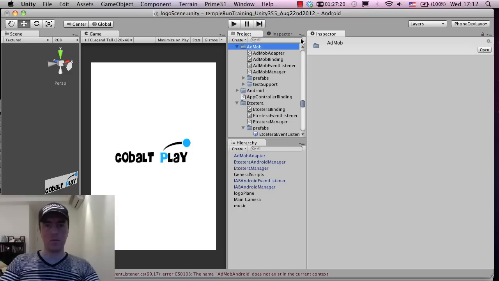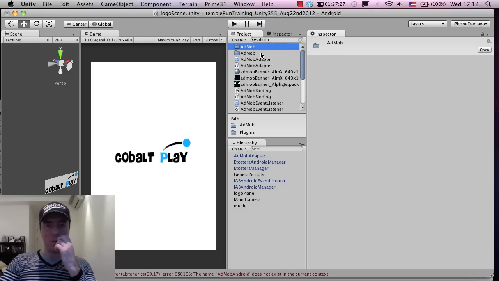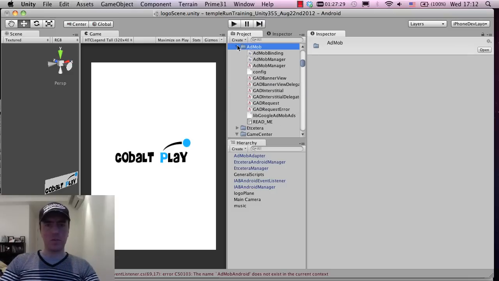I think these are the iPhone AdMob files. AdMob adapter, yeah, because AdMob. These should all be iPhone, because on Prime 31 the Android AdMob is called AdMob Android. The only other one that I do want to delete, guys, is this